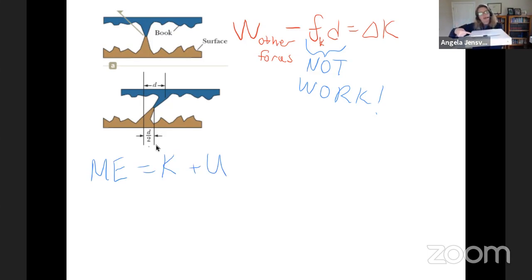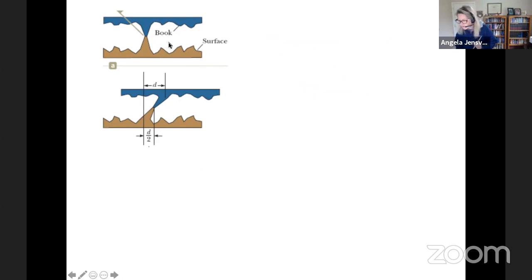So I'm doing positive work on this system, and then some of my energy goes into the macroscopic kinetic energy of the notebook, and then some of the energy goes into a microscopic kinetic energy of the particles that make up the notebook. That's internal energy. So that's sort of a little bit of an accounting. All right, so we'll use this expression. Let's use that. And then we'll go back and